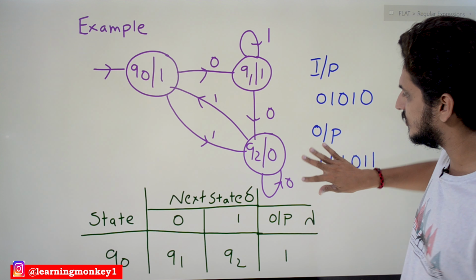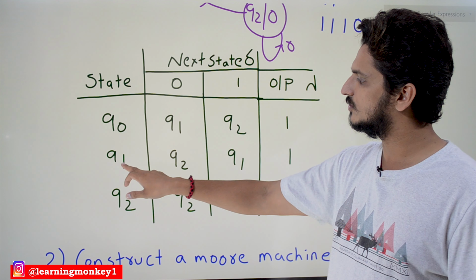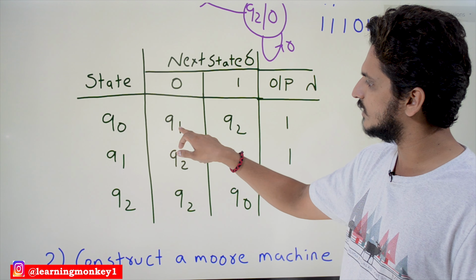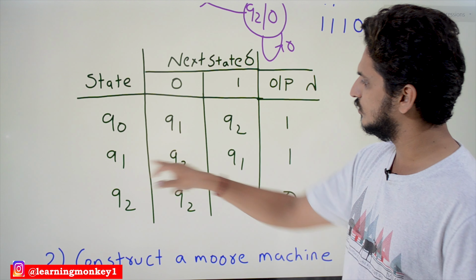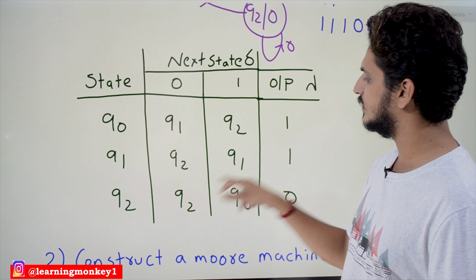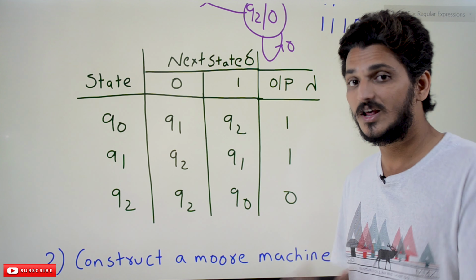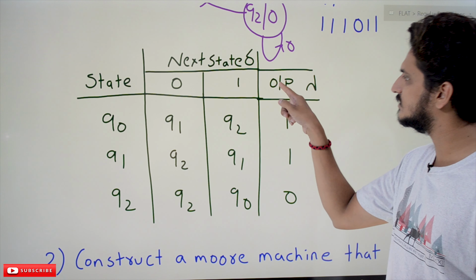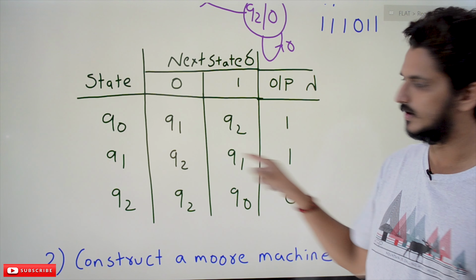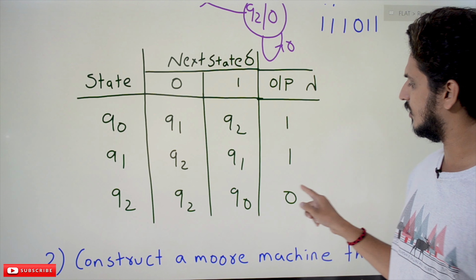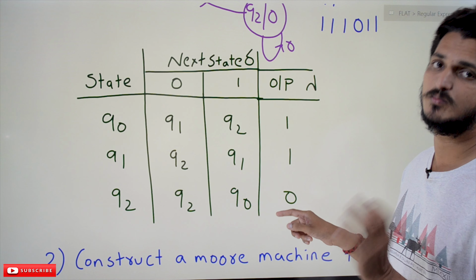Now coming to the transition diagram, how do we write the transition table? On states Q0, Q1, Q2, if you take input symbol 0, we are moving to Q1. Similarly, like our transition table, Q0 on 1, we move to Q2, Q1 on 0, we move to Q2 state, Q1 on 1 stays at Q1, Q2 goes to Q0. This is also already discussed in finite automata. One extra thing we have to obtain here is output. On state Q0, the output should be 1. On state Q1, the output will be 1. On state Q2, the output should be 0. So this is how we write the transition table for Moore machine.